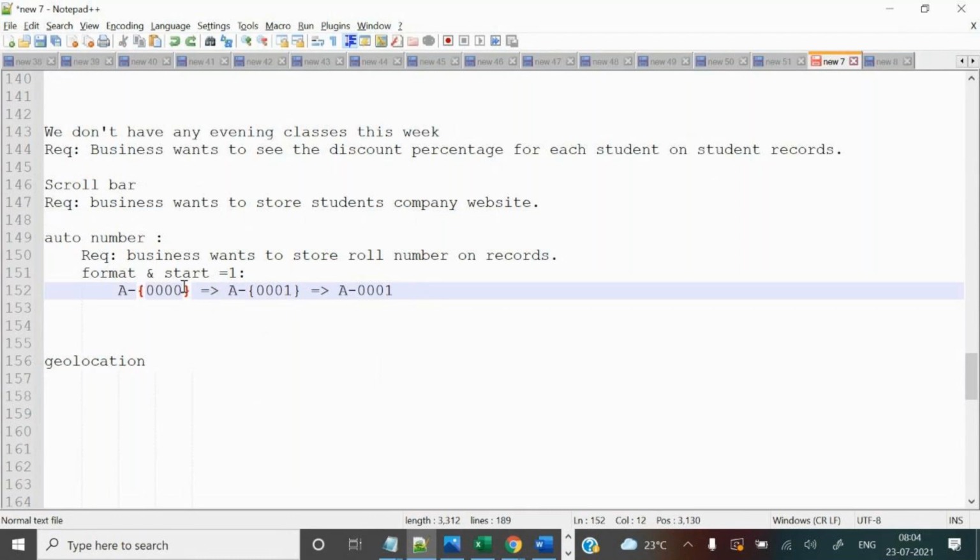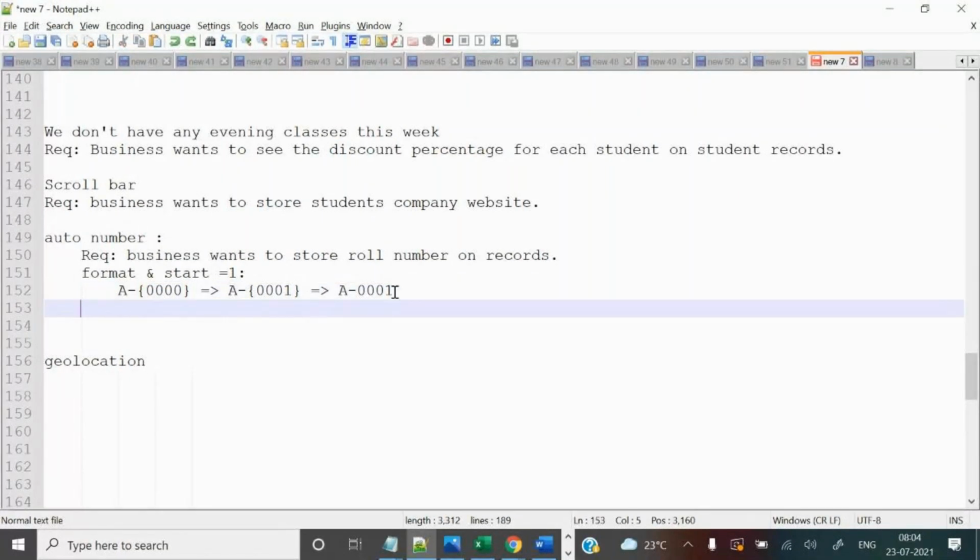And the start number, right? Actually this is the number. So numbers you can enter inside the curly brackets. During configuration you can configure the numbers only inside the curly brackets, and outside you can add a text, any text, not only A, any text you can add. So it will be the output.